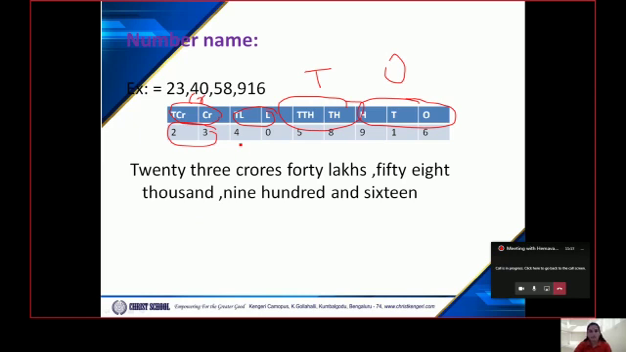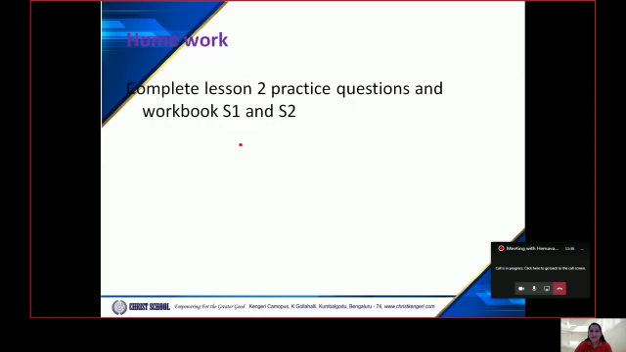That's all for today's class, children. In today's class we have learned all these things and I hope that you all have understood them better. For better understanding, you will have to practice how to insert commas and how to expand the given numbers. For that you need to complete the homework, practice questions, lesson 2 and also the workbook S1 and S2. Do complete these things and please upload your work in the